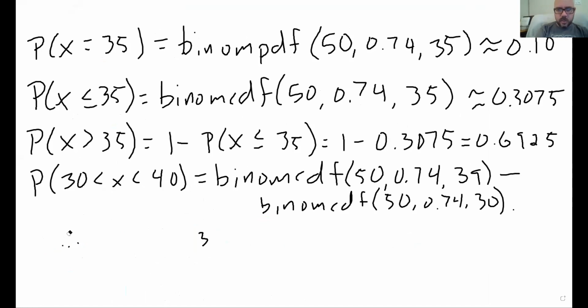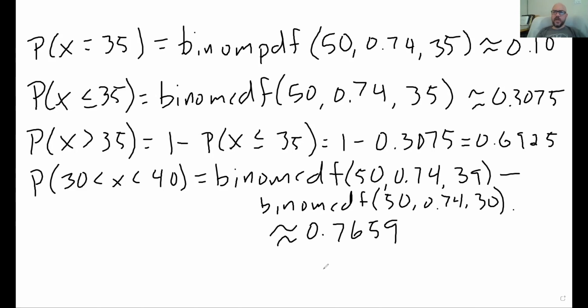Zoom eraser is neat. Does a good job of getting stuff. So this 7659 is about equal to 0.7659. So it's about a 77-ish% chance that he'll make between 30 and 40 free throws in 50 tries,